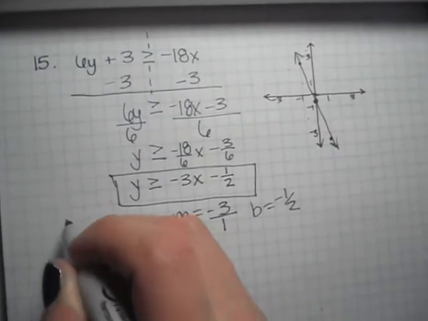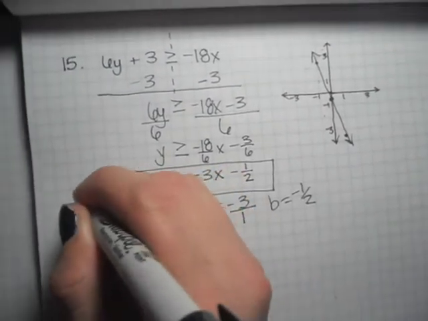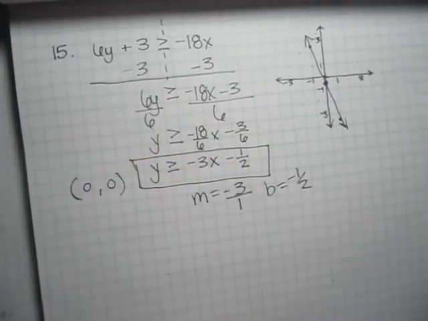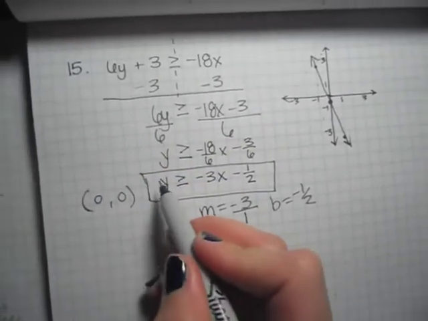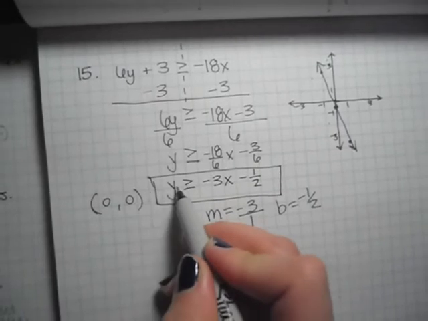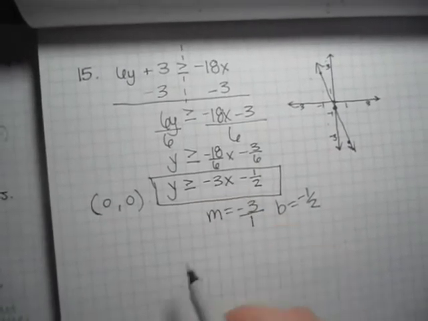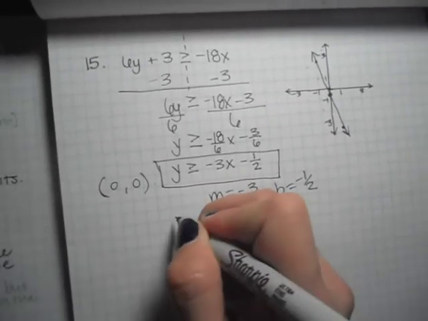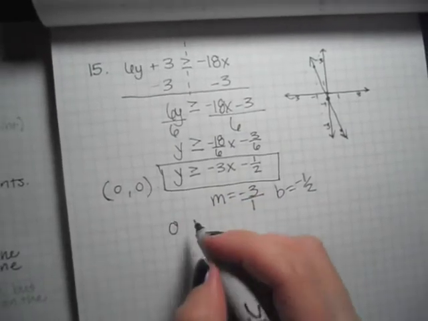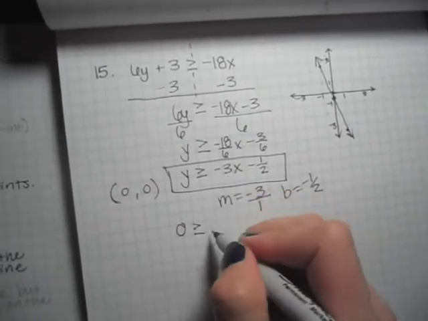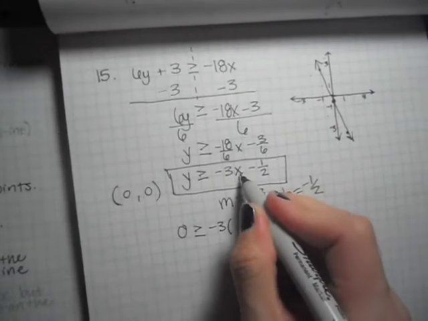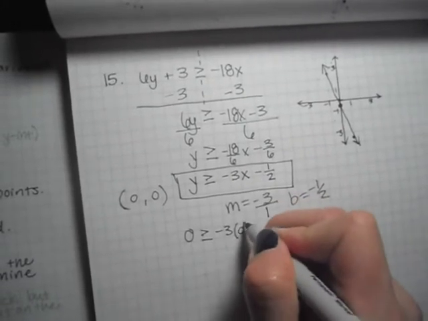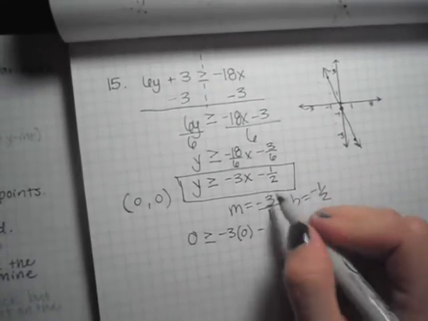So we'll use the test point 0, 0. Plugging in 0 for y, and 0 for x. Here we go. 0 for y, greater than or equal to negative 3, plugging in 0 for x becomes that, and then minus 1/2